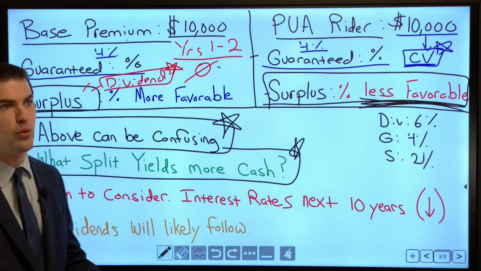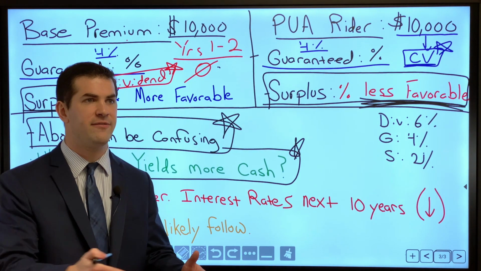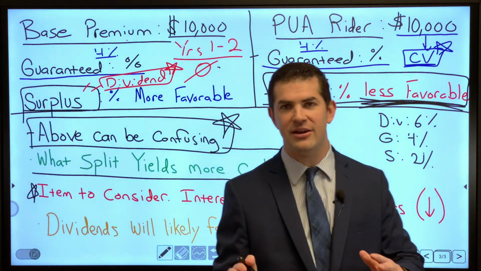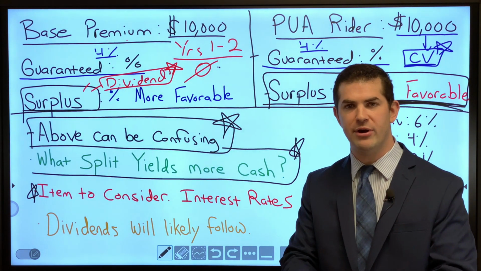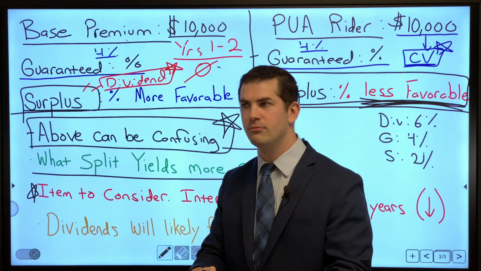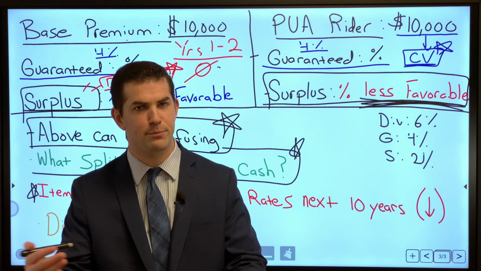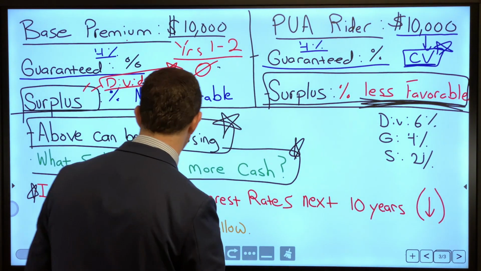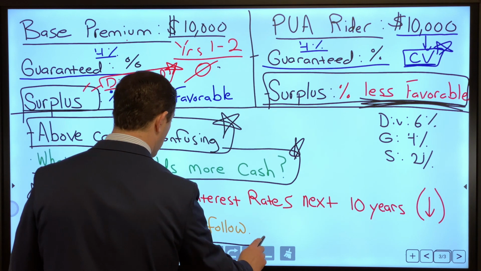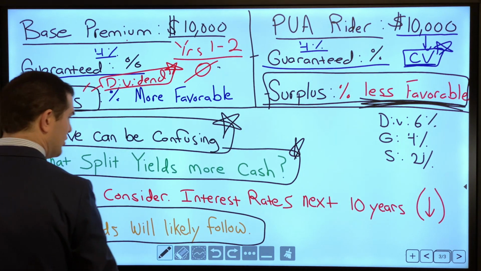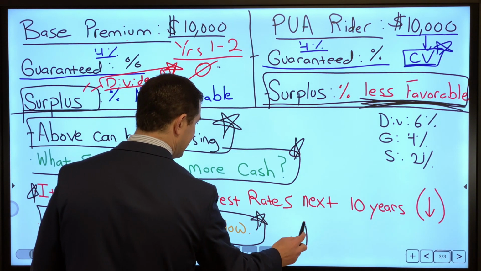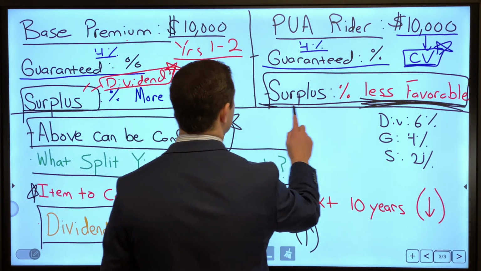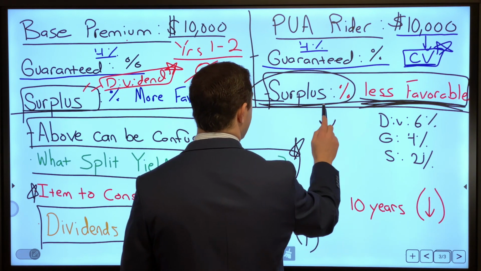Big item to consider, because this is going to affect policies. This is in speaking with insurance companies, how they feel, some of the larger companies too, what they feel is for at least the next 10 years, the low interest rate environment we're in right now is going to remain exactly as it is. They're not expecting or foreseeing interest rates coming back up. Why that's important is in respect to the dividend rates with all life insurance companies, we should not expect them to skyrocket anytime soon. And why this is important is because if the surplus remains the same or goes down,